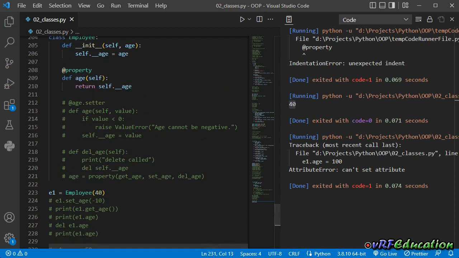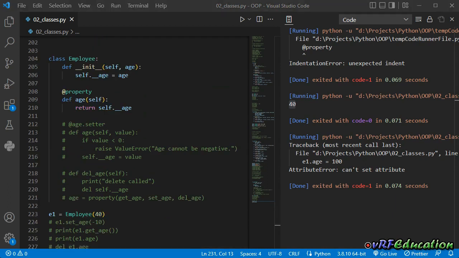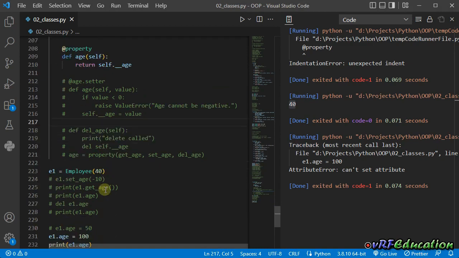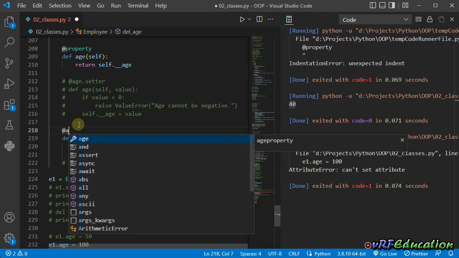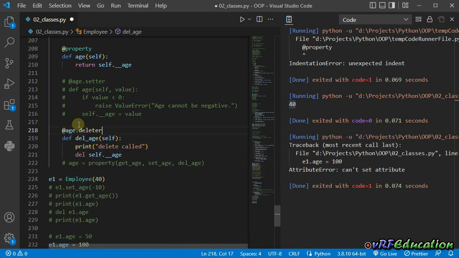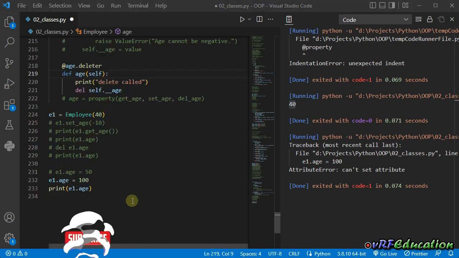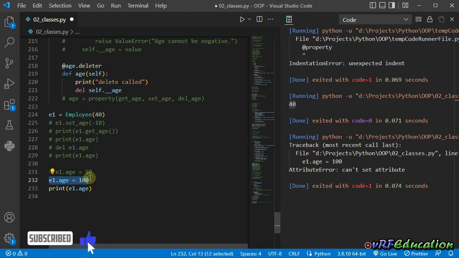And anything else? Let me check. And one last thing is the property deleter, such as the delete function that we passed to the property function in the previous example. Here I can easily uncomment these lines and decorate it with, again, the name of the property, age.deleter. Okay, and change it to age. And now if I delete